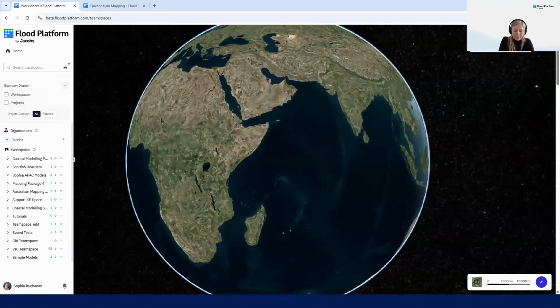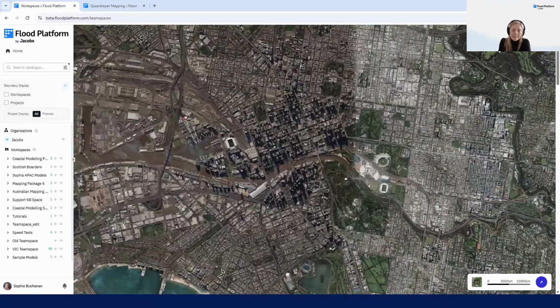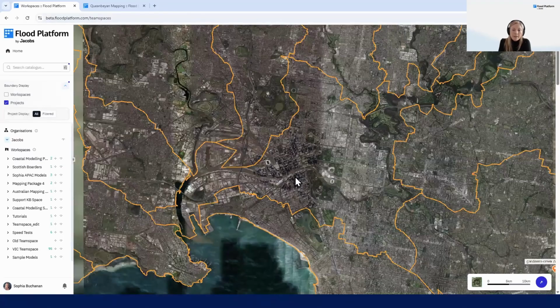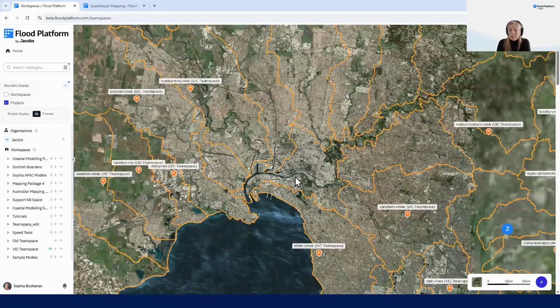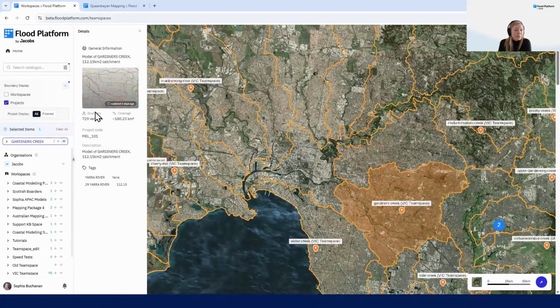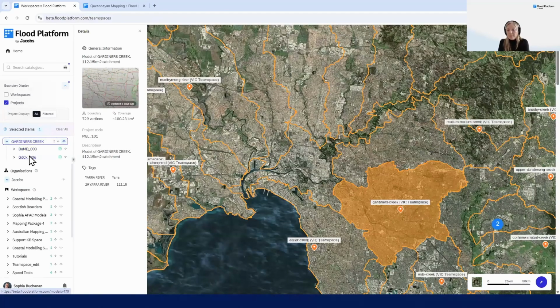So I'll put the Melbourne office in. There we go. You can just do a search there. Right, so you can see the Melbourne CBD there. And if I turn on the projects that are around the area, I can zoom out here and you can see that there are lots of different projects that are happening across Melbourne or have happened across Melbourne. And I can click on one of these and get a bit of information about that project. I can even drop down and have a look. Okay, well, there are some models actually available in this area.